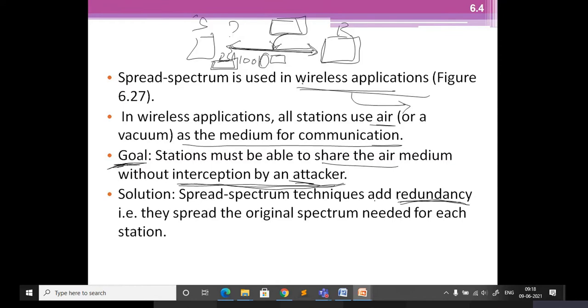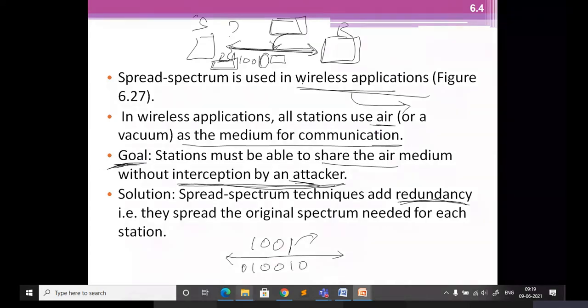Whatever I have, if I want to send, in a further chapter we will learn the meaning of redundancy. If I send the data directly through the media, a third person other than the receiver may be able to decode, read and misuse this data. So instead of just sending it like this, I can add some technique to send this data.